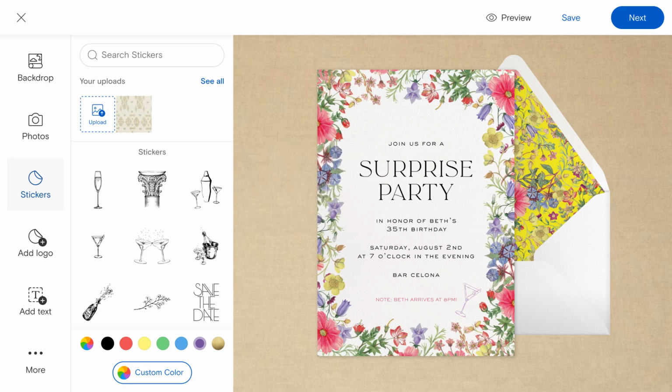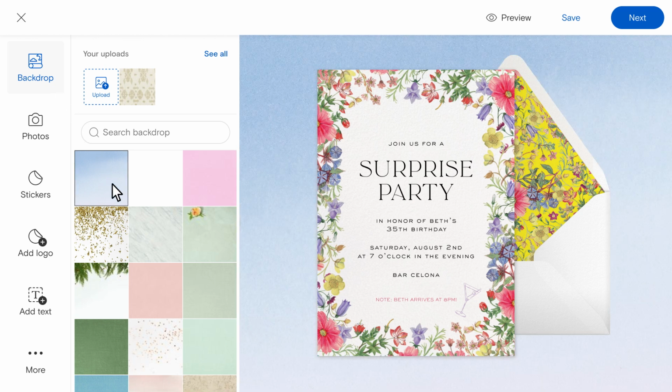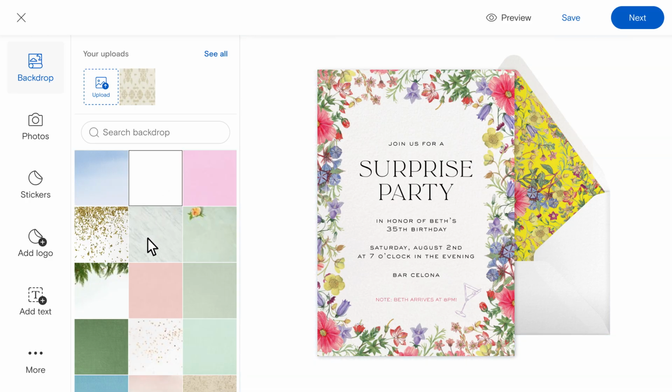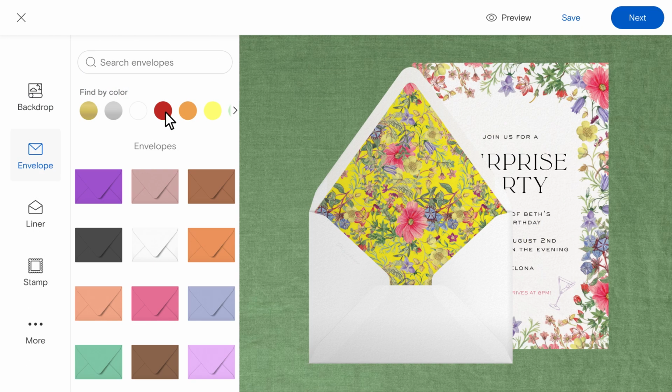Once your invitation design is complete, click Backdrop on the left-hand menu to select a background that your invitation will sit on top of. Choose from our curated options, upload your own image, or select the white square to remove the backdrop entirely. Then, click on your envelope to choose from our envelope design options, filtering by your preferred color